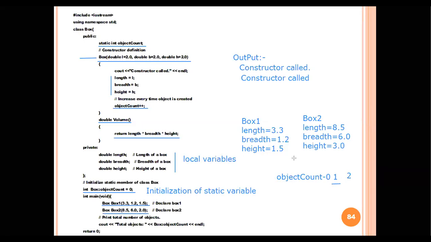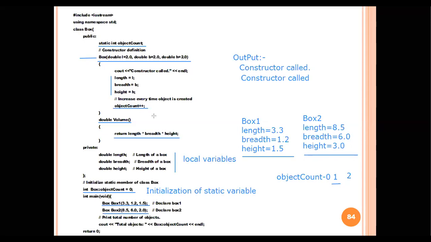But now look at this difference, guys. What will happen with respect to box B1 and box B2? When we create the first object box B1, length, breadth and height are 3.3, 1.2 and 1.5. And when we create the other object box B2, length is 8.5, breadth is 6.0 and height is 3.0.